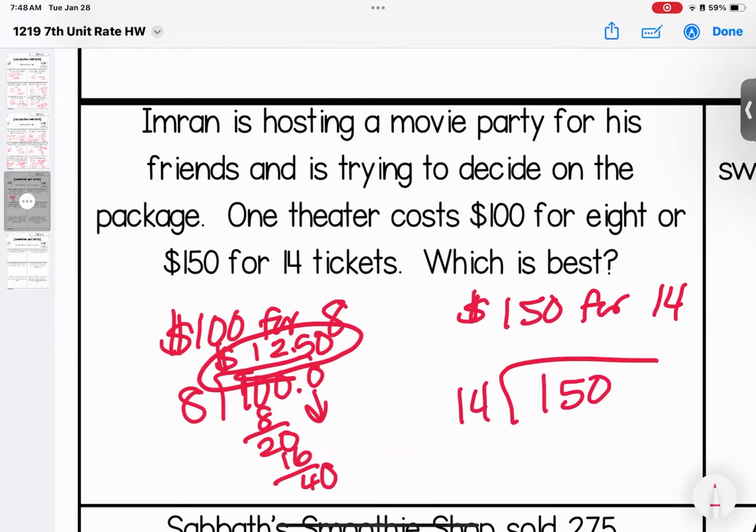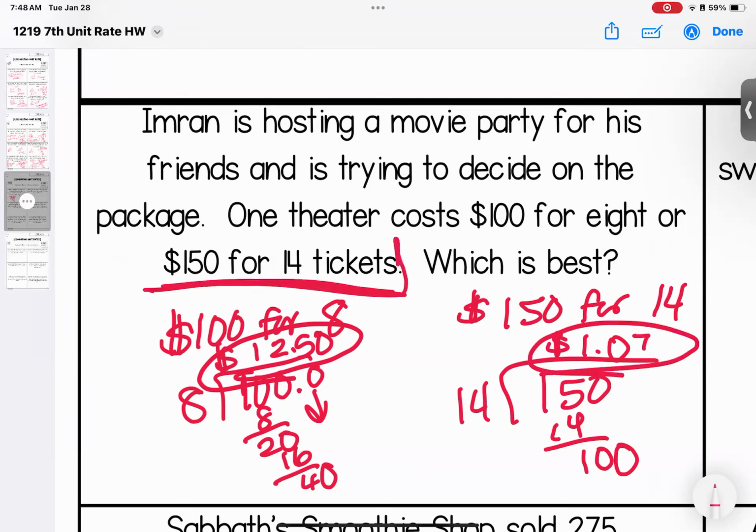150 divided by 14 would go in once. Zero. 100 divided by 14. If we're thinking of 15s, 7 is going to be the closest. So $1.07. So this is going to be the better price. 14 tickets for $150 is going to be the better price because it's going